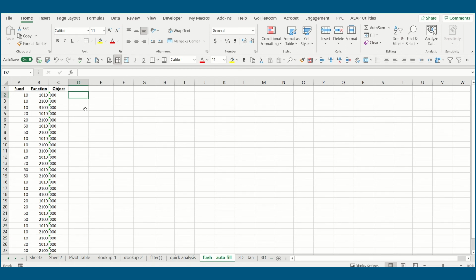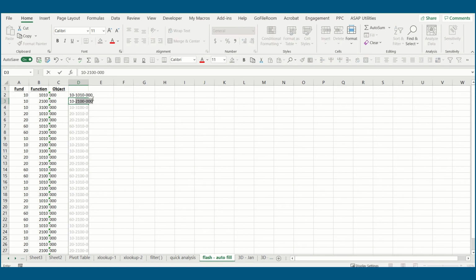So in the first example, we have account numbers broken out by fund, function, and object in different columns. So say you want to quickly combine these into one cell and separate them using a dash symbol. Well, using flash fill by typing in the first string of numbers, Excel will essentially instantly recognize a pattern and it'll give you the option to fill the rest of the rows in your data set. So for example, I again want to combine the values in the first 3 columns, but separate them with a dash. So you can type in that first cell, hit enter, and then when you begin to type in that